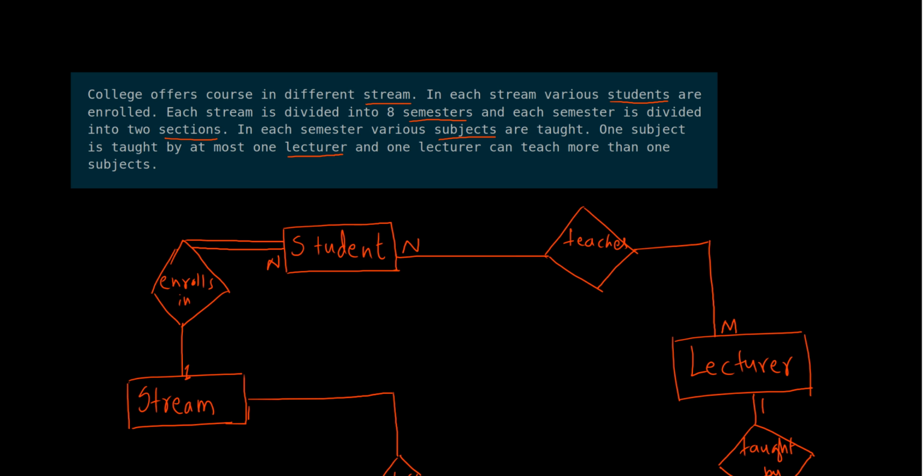You have to write something like ER diagram for college database. Okay, because this is something we are writing for the college, you should write something like this at the top. And besides,